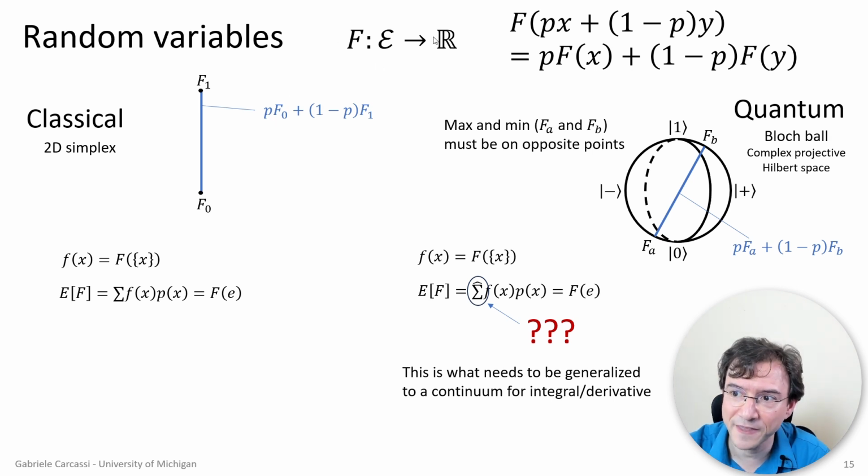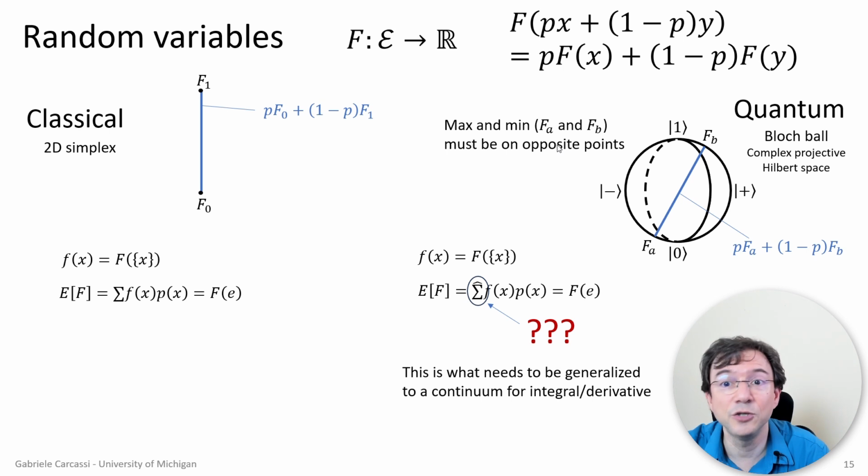And if you define things like this, you can recover the standard way of thinking about a random variable in classical mechanics. Since you do have this linearity, you don't really need to tell me the expectation value for all possible ensembles. You can just give me the value for 1, the value for 0, and then everything else is just the expectation. And so if you define things like this, you find that f of e is just the expectation, and you recover things that are standard.